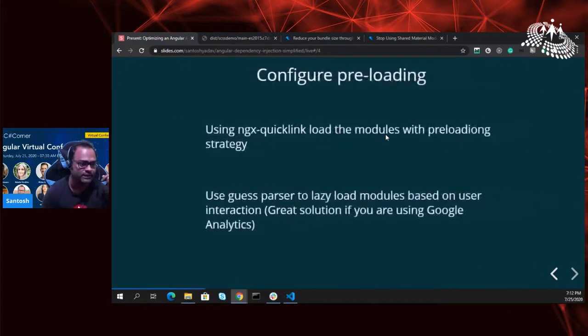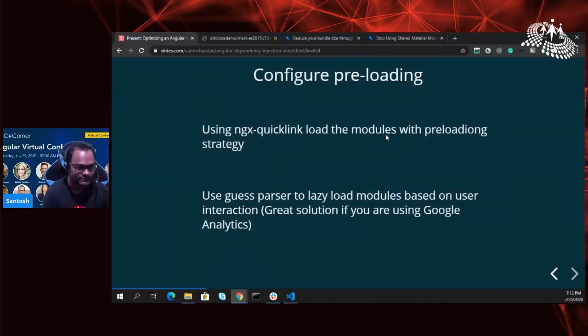How you can actually implement lazy loading is something I'm not going to talk about, but I'll show you the strategies which you can use. Once you do lazy loading, the next topic to discuss is how to load those bundles. As we said, in most cases it is on-demand loading. It means whenever a user goes to that link and clicks on your router link, your bundles are downloaded. But you can actually avoid that.